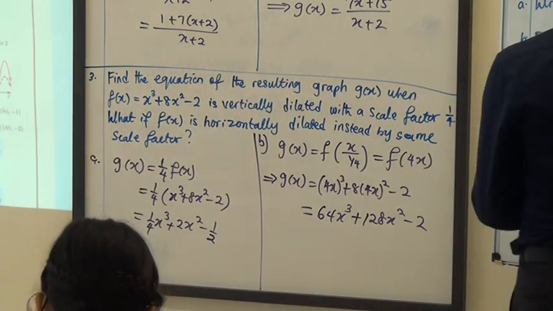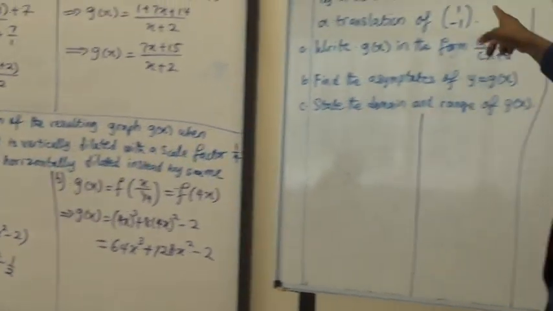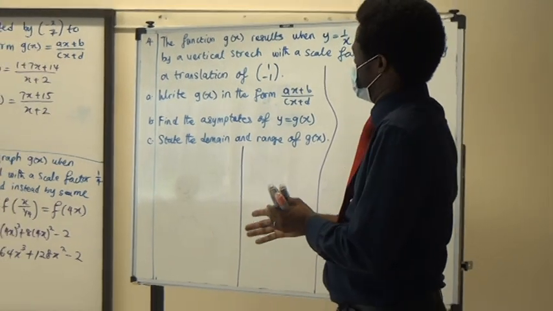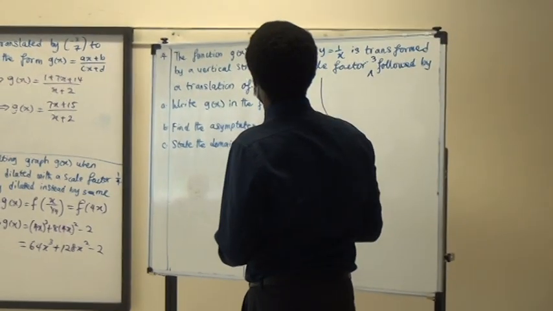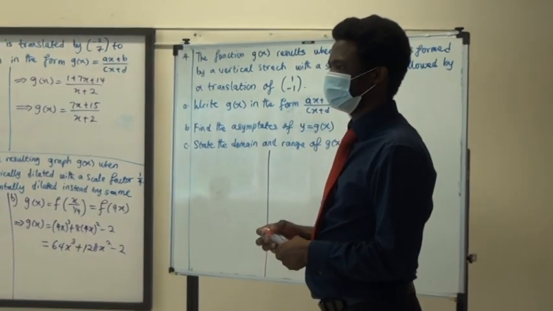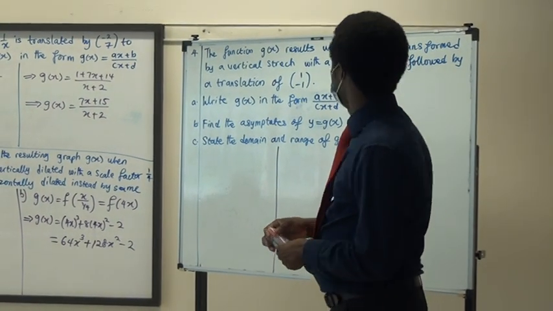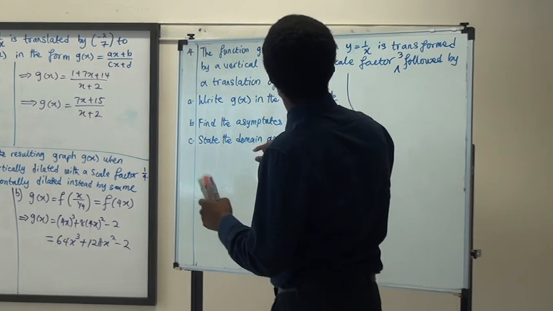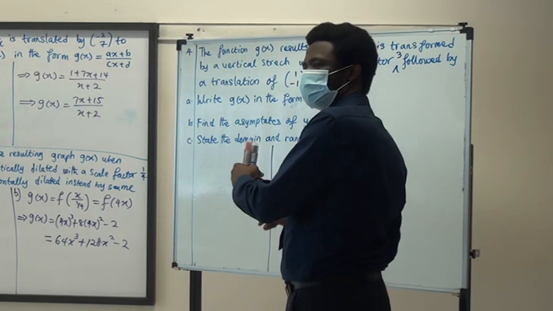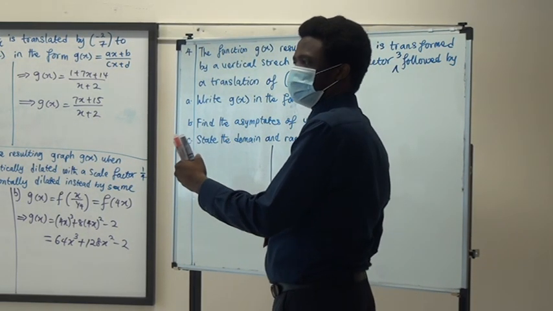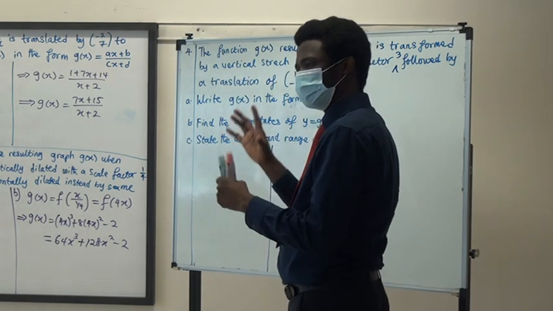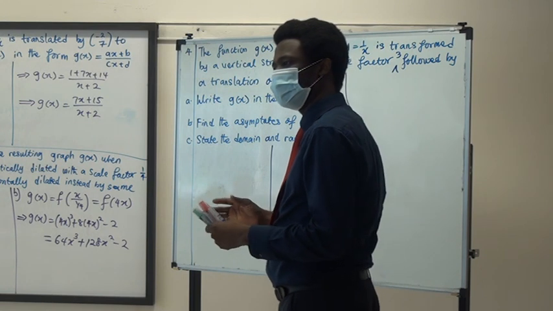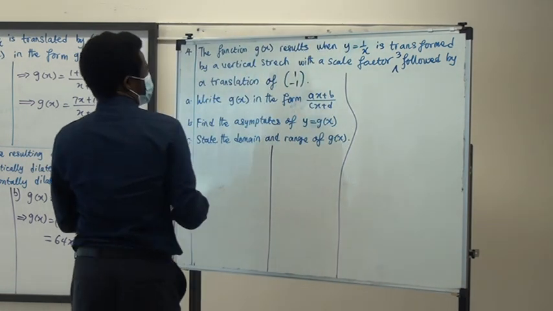So finally here, this function is a combination of transformations. You have a vertical stretch followed by a translation. Okay? So vertical stretch means we multiply externally by the scale factor. Horizontal stretch is when we divide internally by the scale factor. That might be a way to quickly remember. Alright? So for the vertical stretch, the